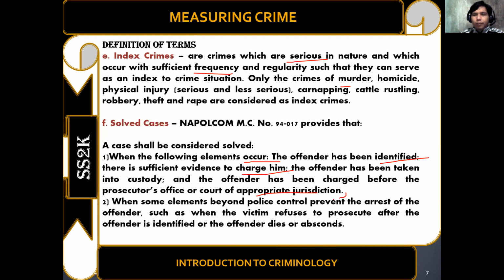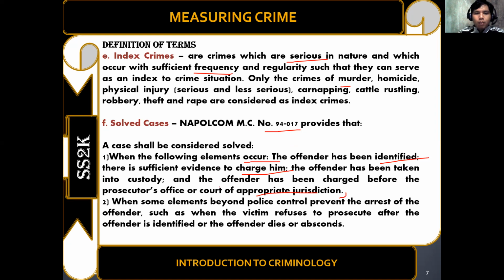Masasabi natin na ang crime ay solved na kapag ang isang tao po ay na-identify, nahuli na, at siya po ay nasampahan ng formal na reklamo doon po sa prosecutor's office o kaya naman po doon po sa karampatang korte. So pag nasampahan na po ng kaso sa korte, considered na po na solve ang kaso sa mata ng ating kapulisan. Yan po ay ayon sa NAPOLCOM Memorandum Circular number